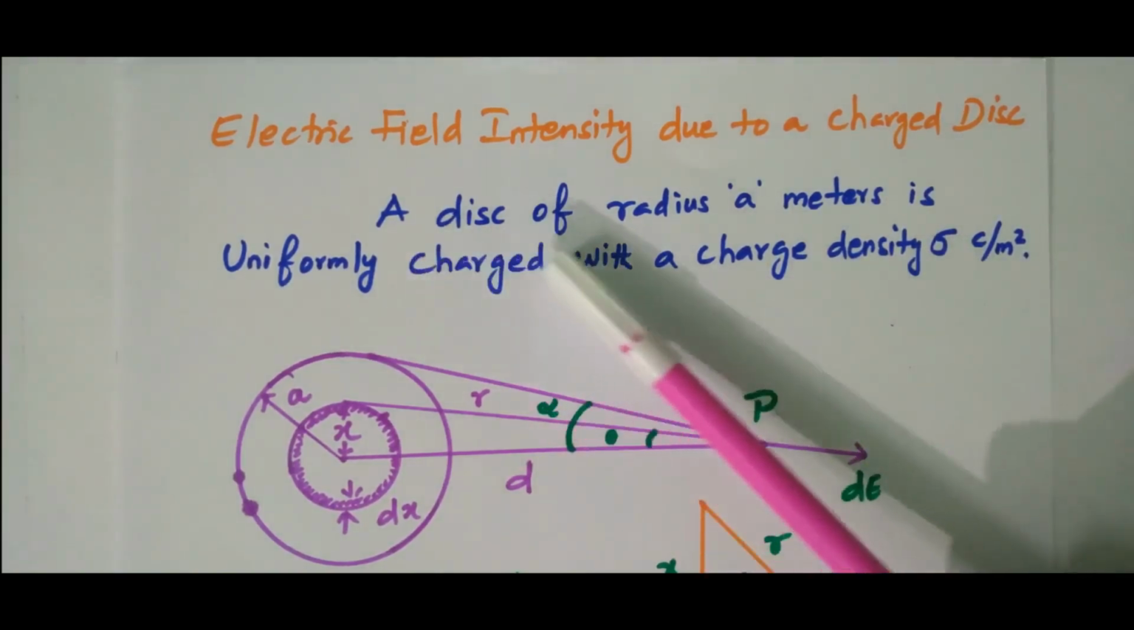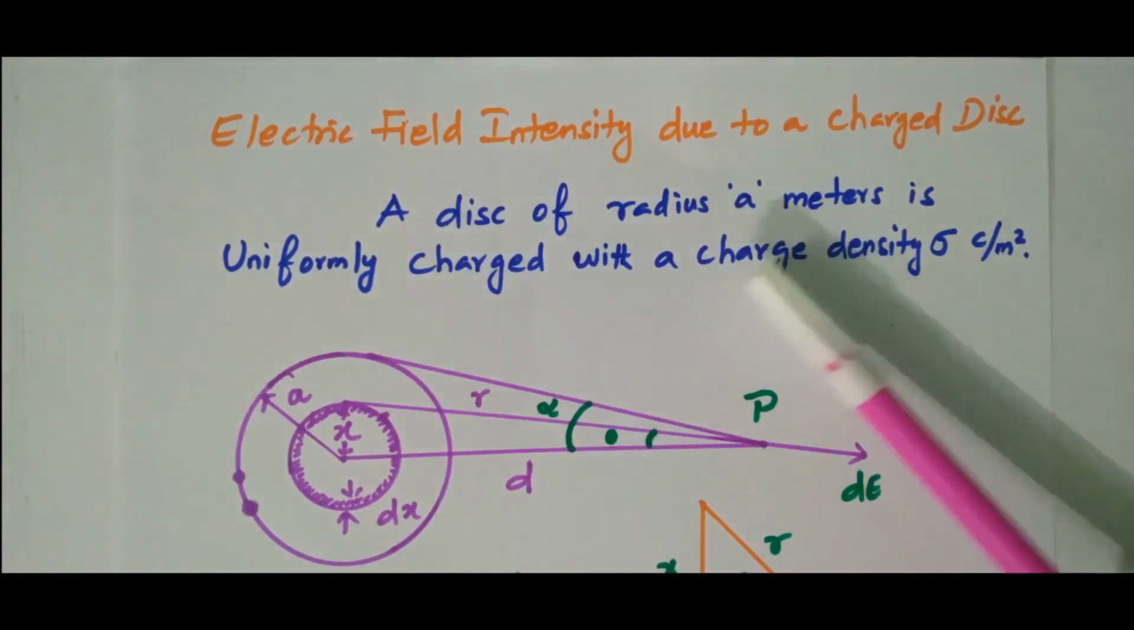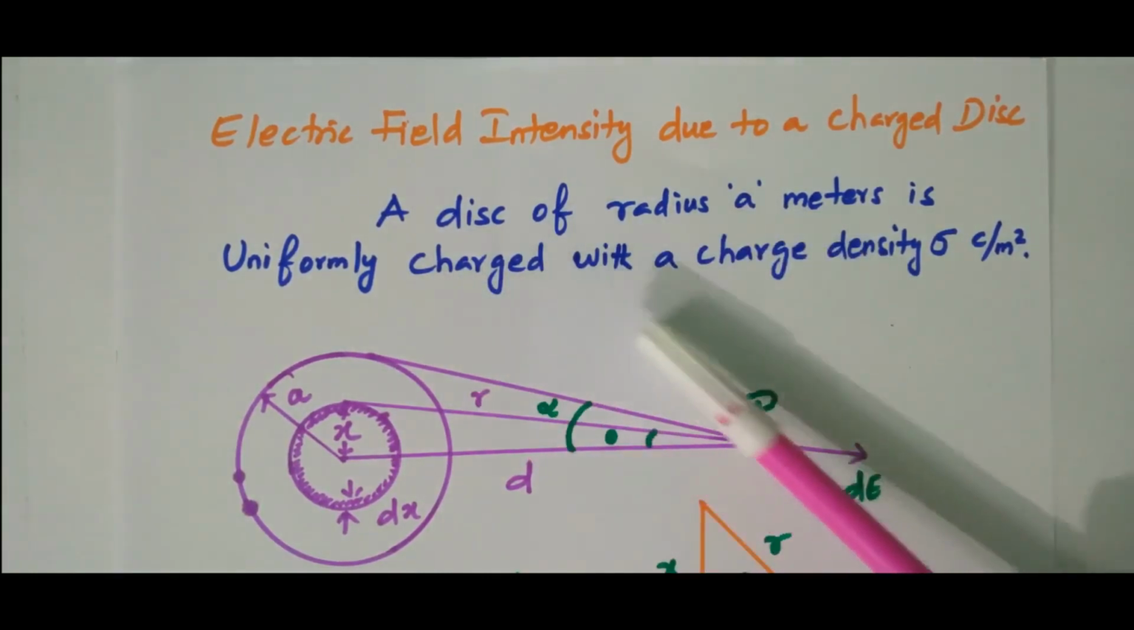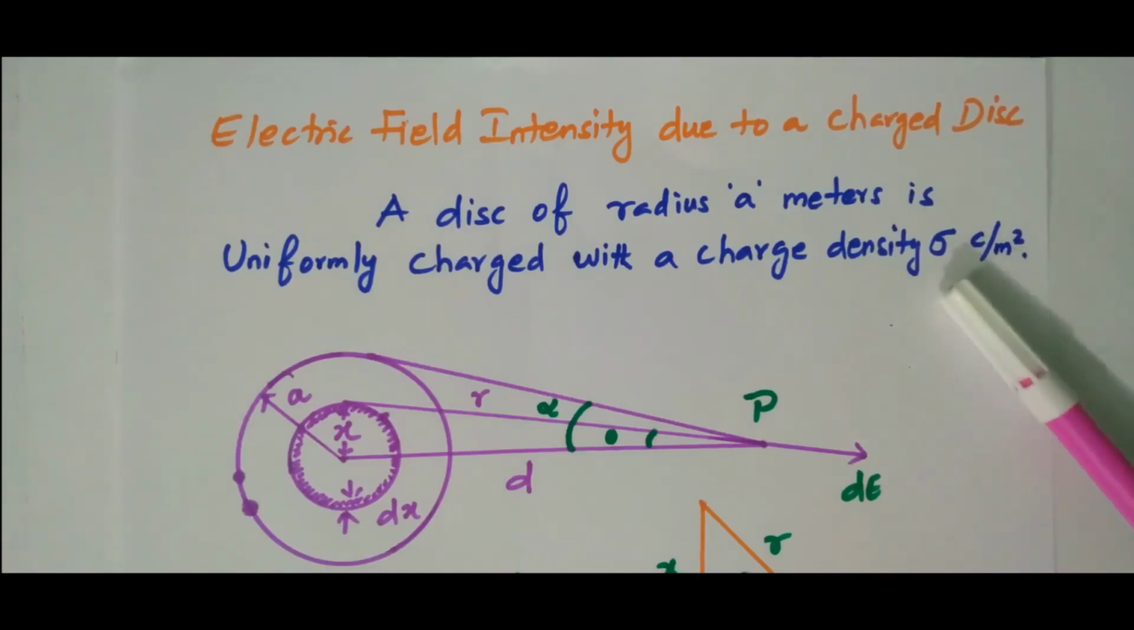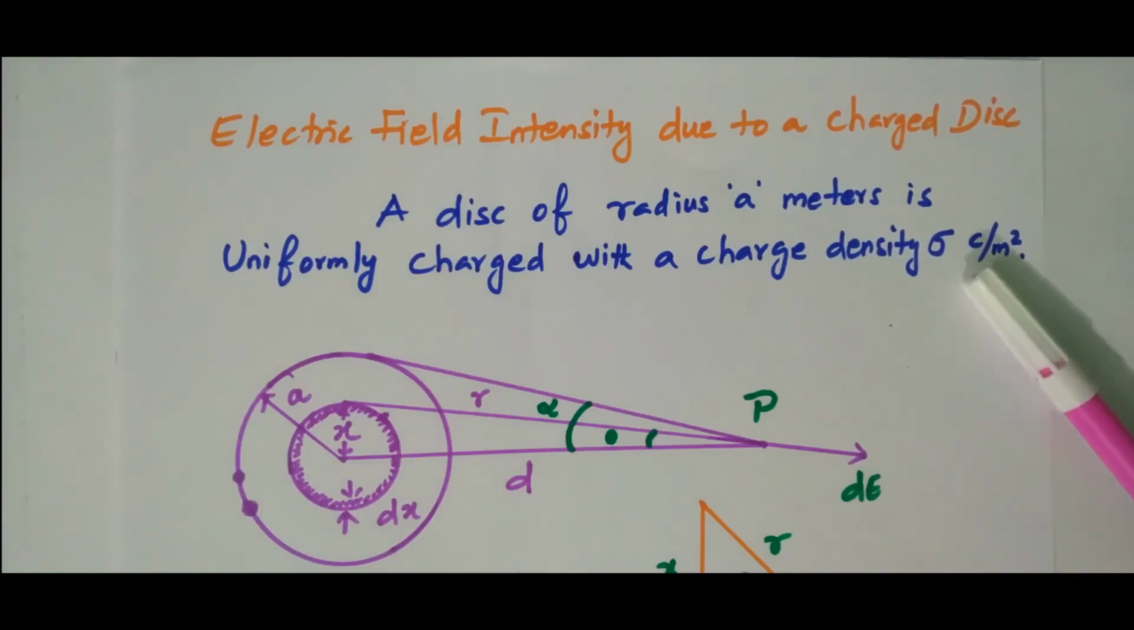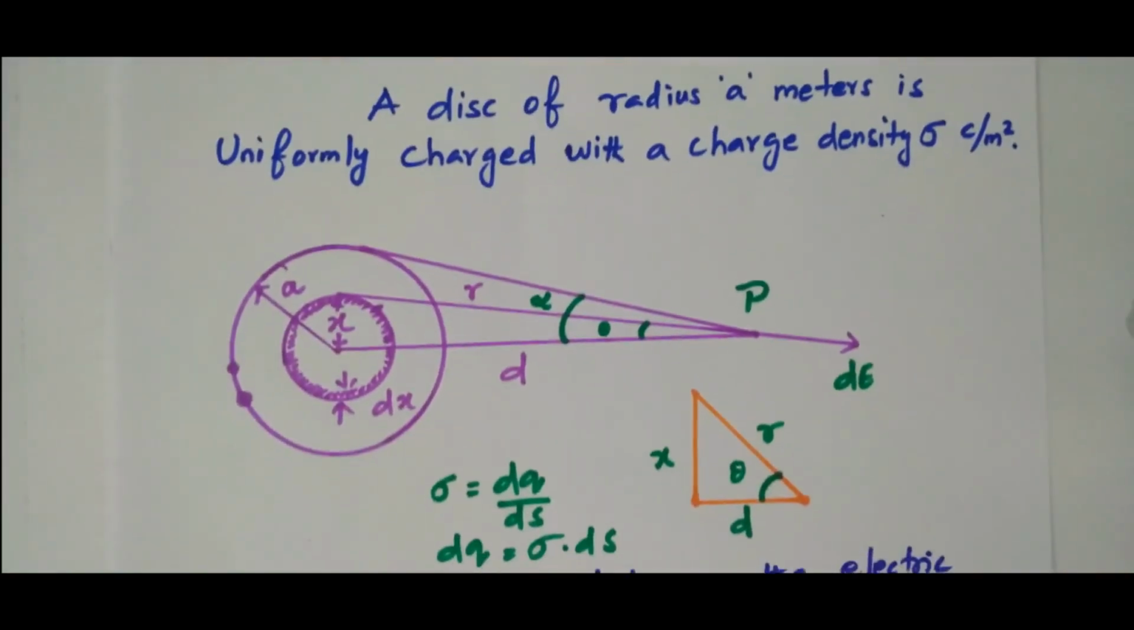A disk with a radius a meter is uniformly charged with the charge density sigma coulomb per meter square. That is nothing but surface charge density. So a charged disk is nothing but like a CD, compact disk. The entire surface we are going to consider. So here we are using the charge density sigma coulomb per meter square, right? By referring to this diagram,